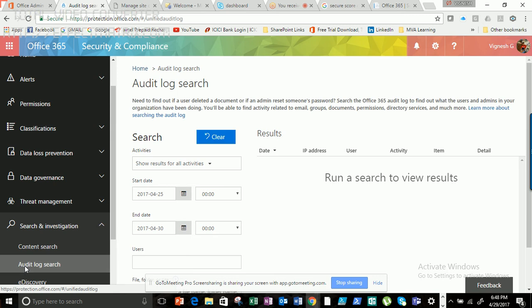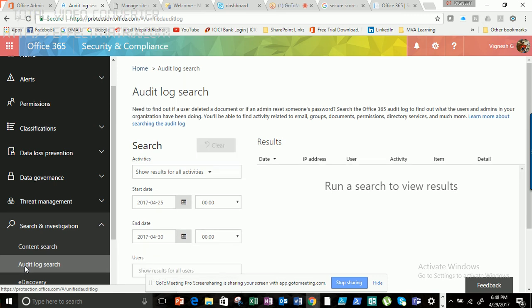this is nothing but I can do a lot of auditing about how my users are using Office 365, right? So how they are using Exchange Online, how they are using SharePoint Online, or how they are using OneDrive for Business. I can audit a SharePoint site, I can audit a user's mailbox, or I can audit a user itself. Because